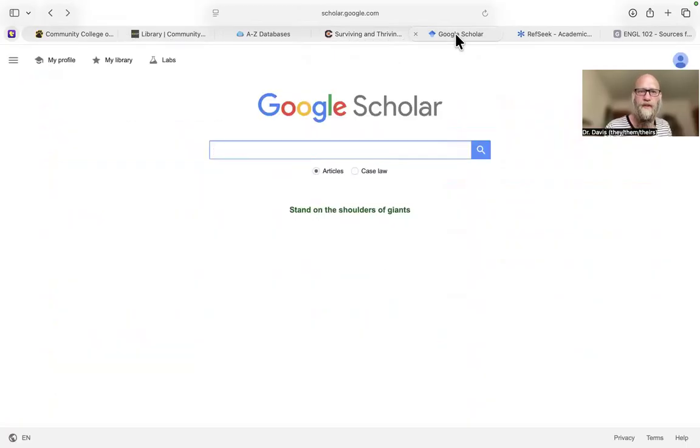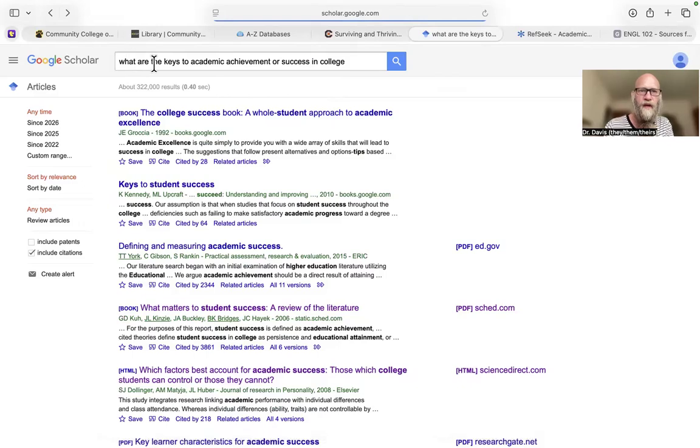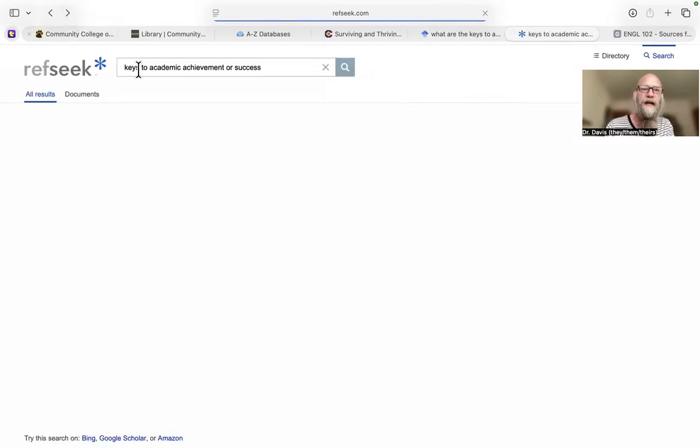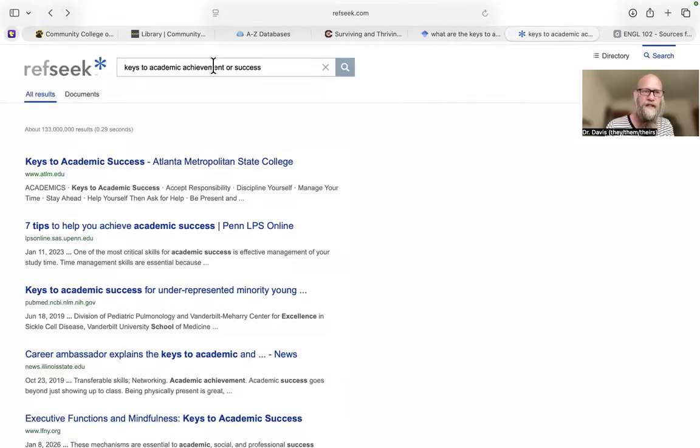So I'm going to go over to Google Scholar and I'm going to put in, what are the keys to academic achievement for success in college? It has a source on defining, has a literature review. It's going to give me other information that I can use. RefSeek, did I do that? I put keys to academic achievement or success.